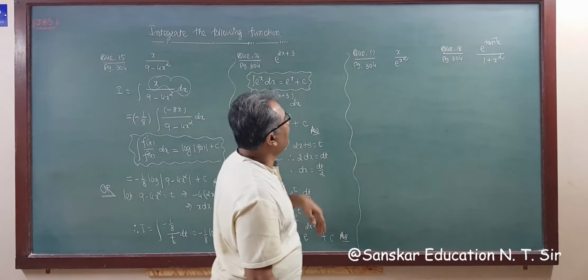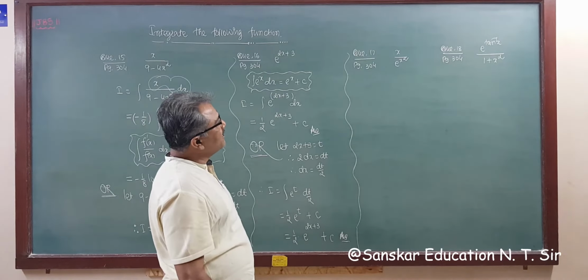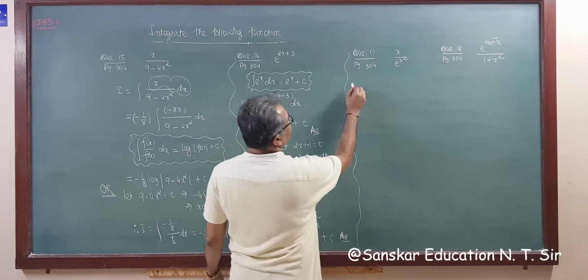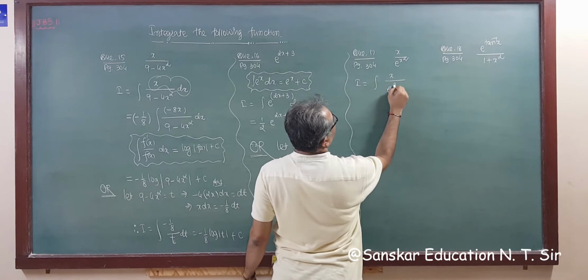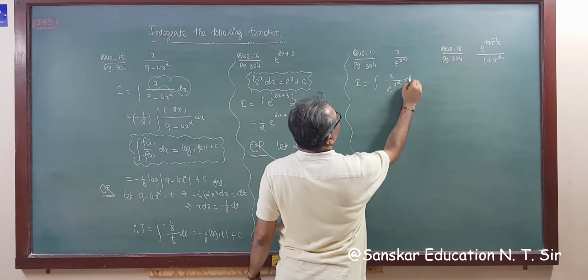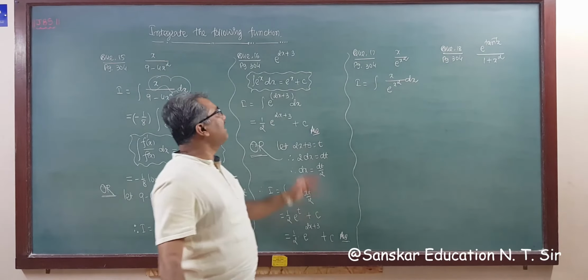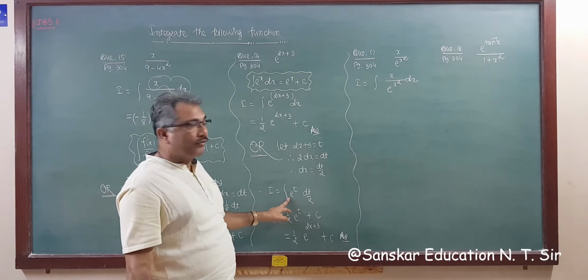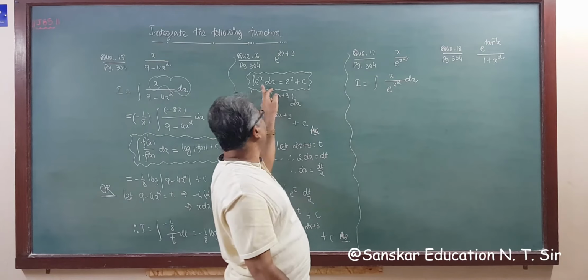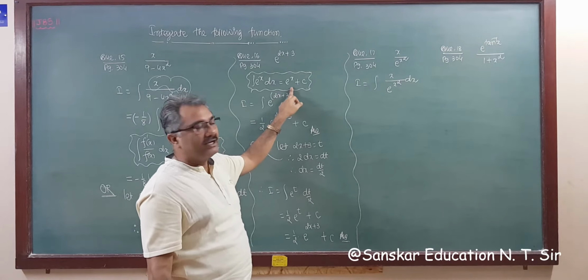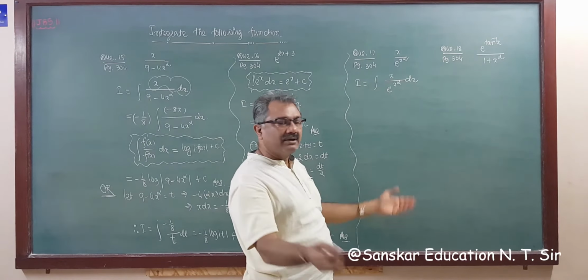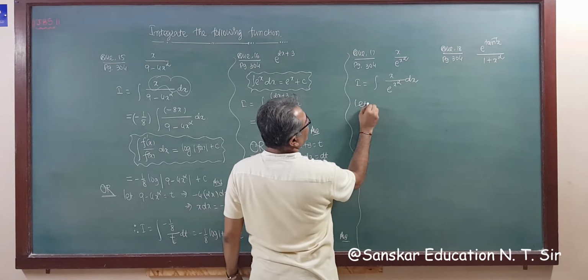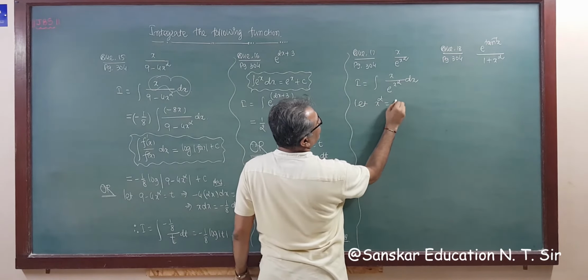Question number 17, page 304, given I is equal to the integration of x upon e raised to x square dx. Similarly like this, what do you want? e raised to x only, then the integration is e raised to x plus c. So what is new? x square. So assume for x square. So let x square be equal to t. X square is equal to t.